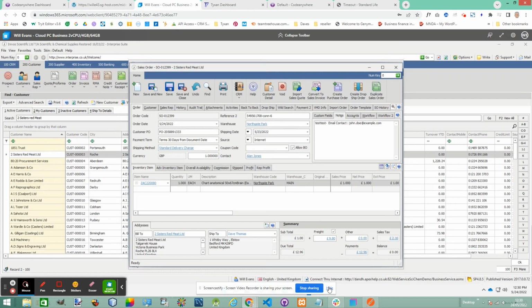Hi there. I'm just doing a video about posting orders into Enterprise. So I've pretty much finished that. I've only got a tiny little bit to do, but there's enough there to get an endpoint in the plugin working. So you can see here, this is actually a sales order that I've created through the middleware with some